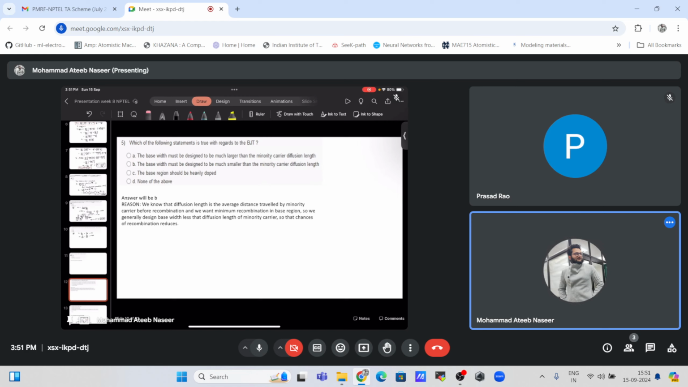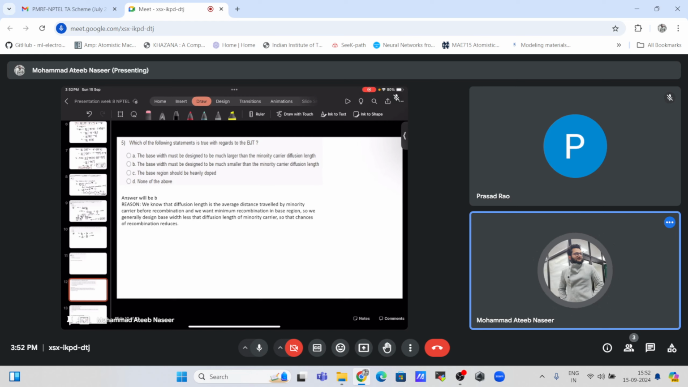Now another simple statement problem, which says: which of the following statements is true with regards to BJT? The first statement is that the base width must be designed to be much larger than the minority carrier diffusion length, which is absolutely wrong, because if the base width is much larger than the minority carrier diffusion length, we will be having the carriers that will, for example, if you have an NPN transistor and the electrons are moving into the base, and we will be having these